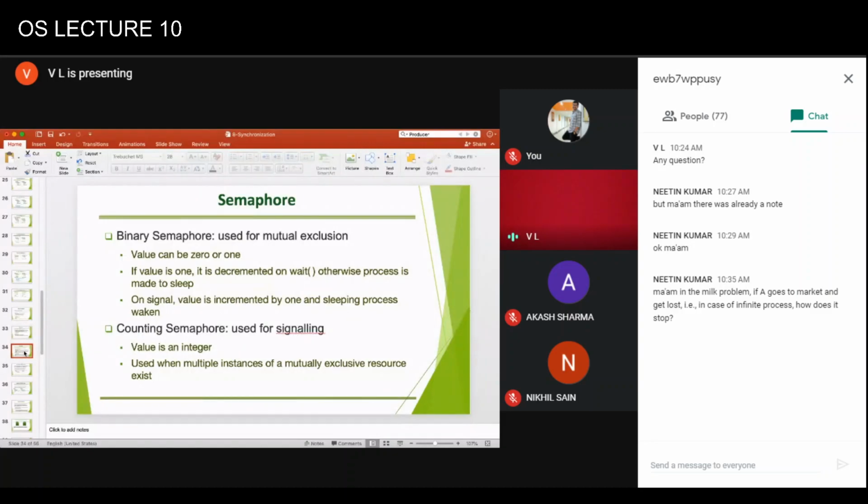Then the next process will make it 1, and the next will make it 0. So ultimately 4 processes will not be blocked because the semaphore value was positive. But the 5th process will find that the semaphore value is 0, so it has to go to sleep. Except for the first 4 processes, all the subsequent processes will have to go to sleep.